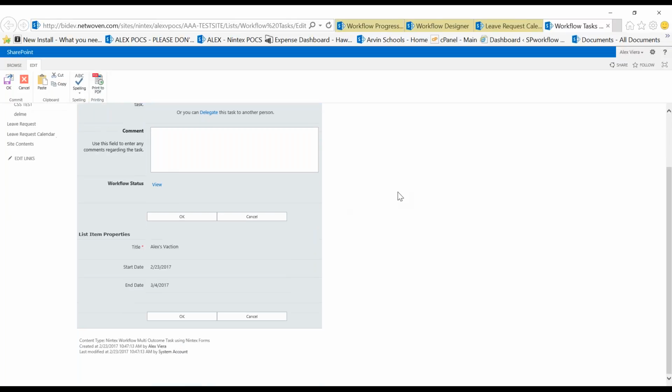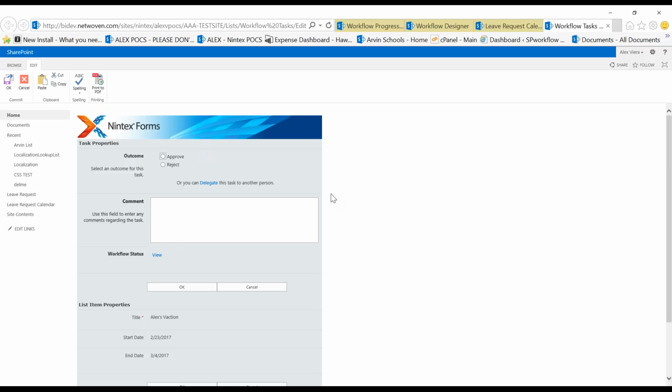And so here's that form that we created. So this is what the manager would see. So the manager had the option to either reply, approve, or reject, or okay, yes, no, inside the email, or the manager can delegate here. But I'm actually going to go approve this.